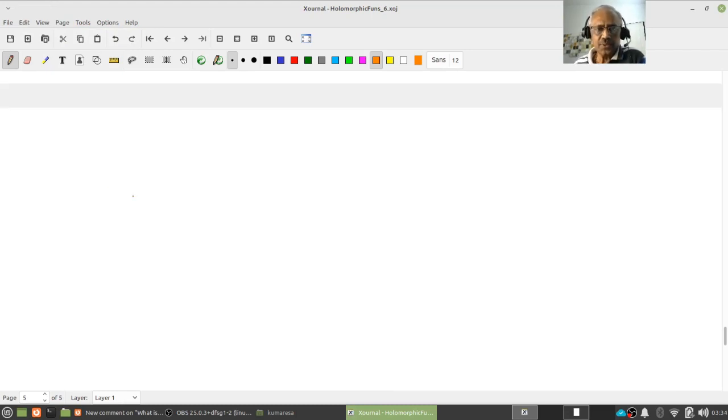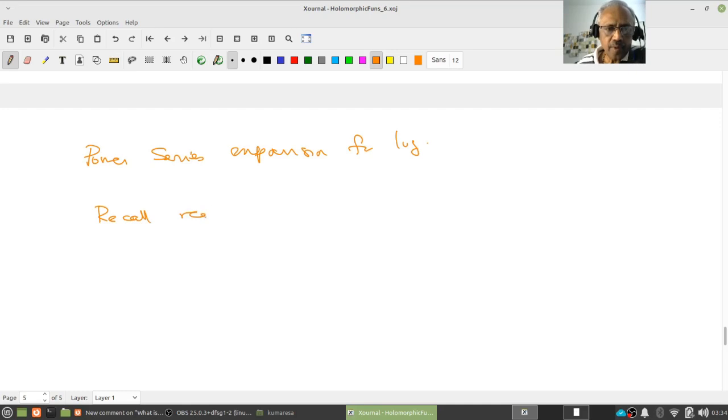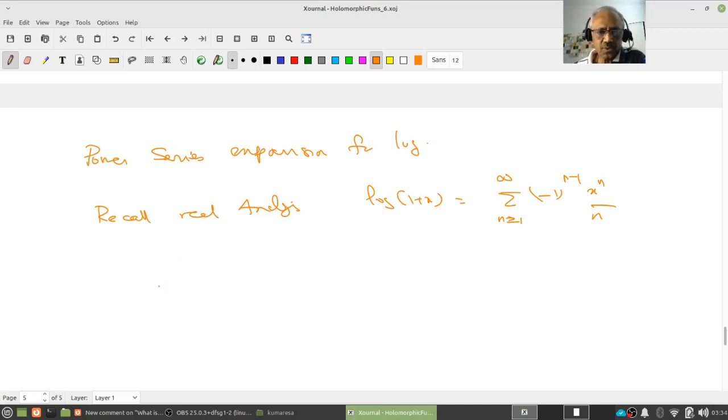Next, what I want to do is get the power series expansion for log. You may recall from real analysis that log of 1 plus x is going to be, I may write it wrongly, but just to make sure I am writing it correctly, the sum over n from 1 to infinity. So I want to know,